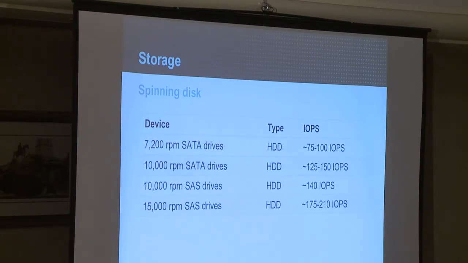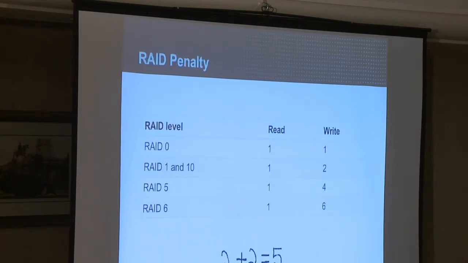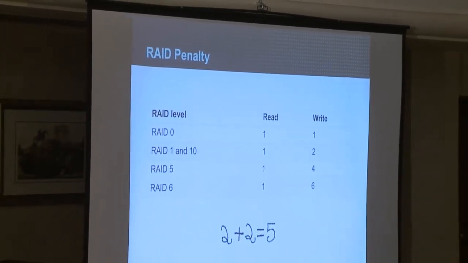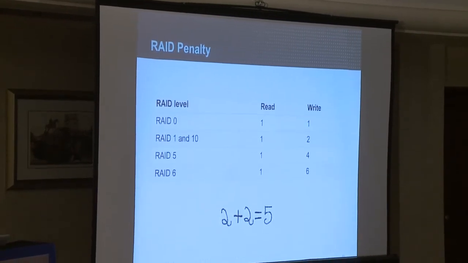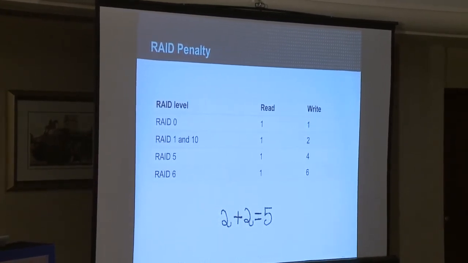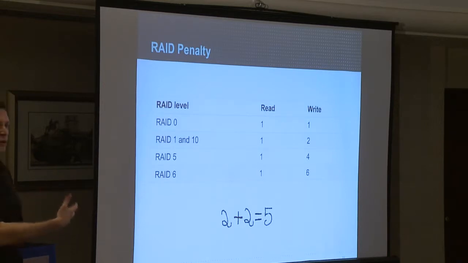So this is one aspect to planning and doing the math on the total number of IOPS that our system is going to provide. The next part: when I was first getting into IT and doing desktop support, I read things that said you should put logs on RAID 1 and RAID 10, and you should put data on RAID 5. At the time, I really didn't think anything of it. I said, okay, I'll remember that, and I'll do that. But I didn't understand the why behind it. And this is the why: ultimately we have a RAID penalty.